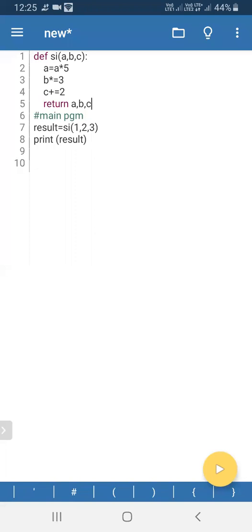That's why I'm saying, if the function is returning multiple values to the call statement, it will be passed in the form of a tuple. Yes, please, sir. How will the output come, sir? Result is equal to the function of 1 comma 2 comma 3. I will explain the seventh line. You can see the seventh line, result equal to the function of, we are